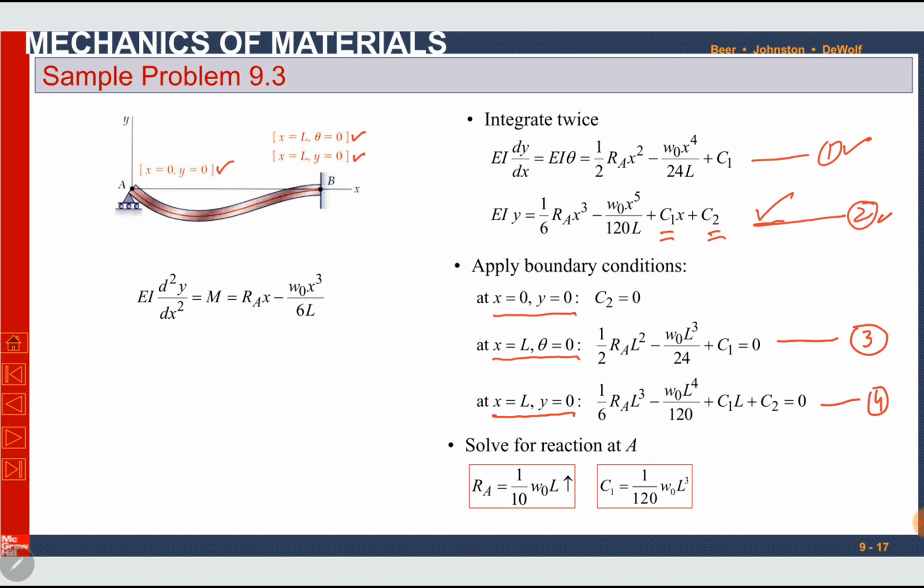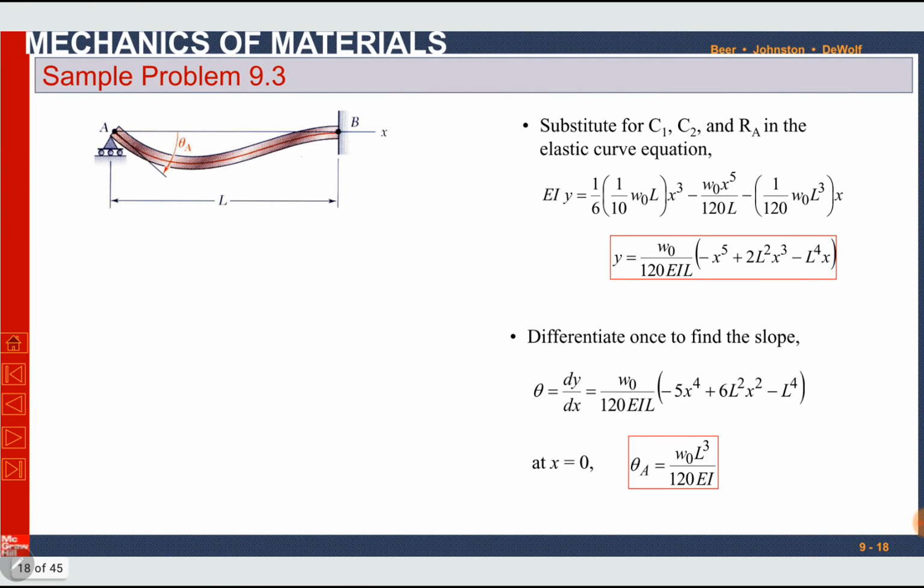Expression 3 and expression 4 both contain two unknowns Ra and C1. C2 is already known, it is 0. So these are two equations containing two unknowns, Ra and C1. Simultaneously solving these two equations, we can obtain Ra and C1. Ra was required in the problem statement, so we have calculated Ra. By putting back Ra, C1 and C2 into equations number 1 and number 2, we can rewrite the equation number 2 as this: